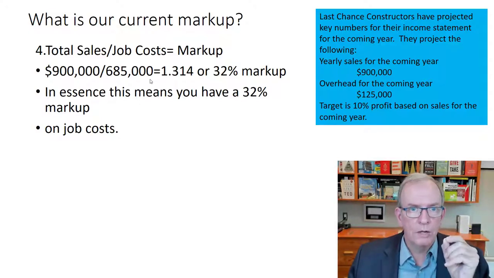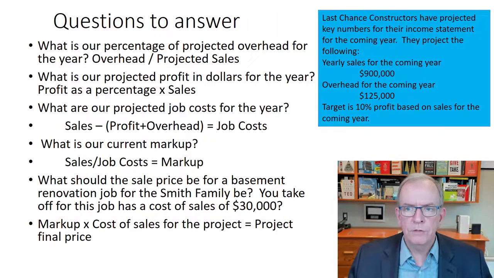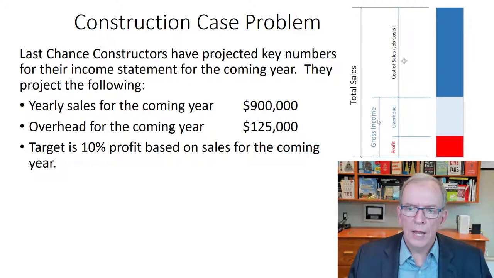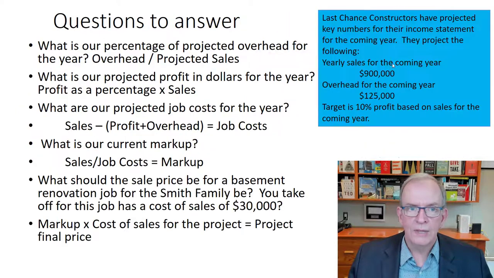And I just want to also clarify, because new people that are looking at running a business, they get confused a little bit with overhead and profit. Gross income, well, that's the same as markup. Now, markup is the multiplier that you use on the cost of sales, right, to get you to the total sales amount. These are just dollar amounts, overhead, profit, and this added together. The markup is the multiplier that you're going to multiply cost of sales with,